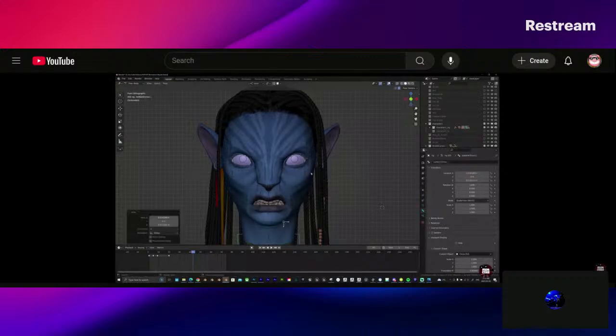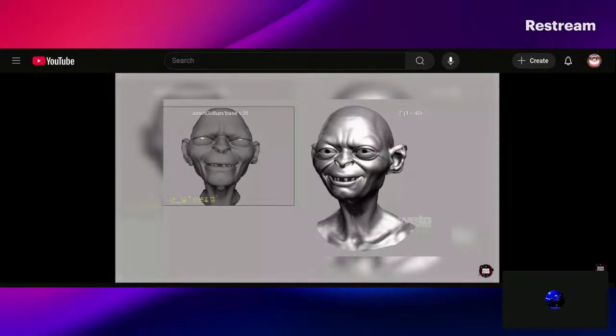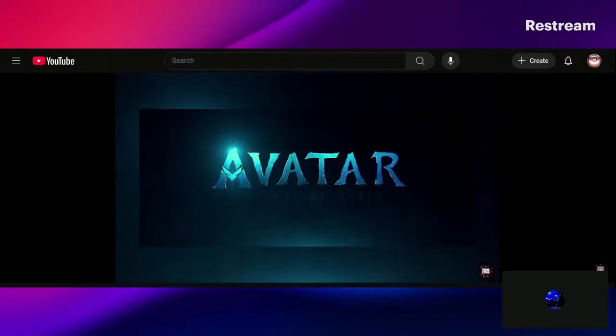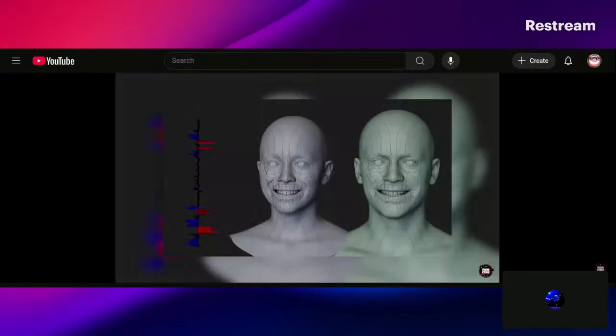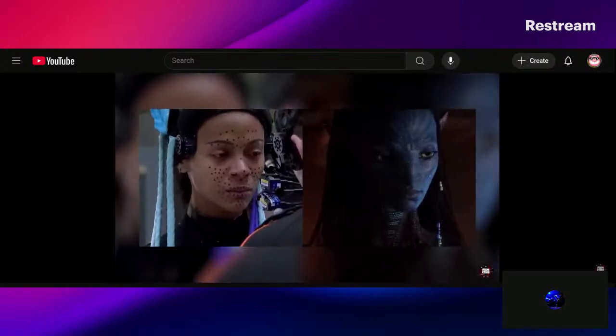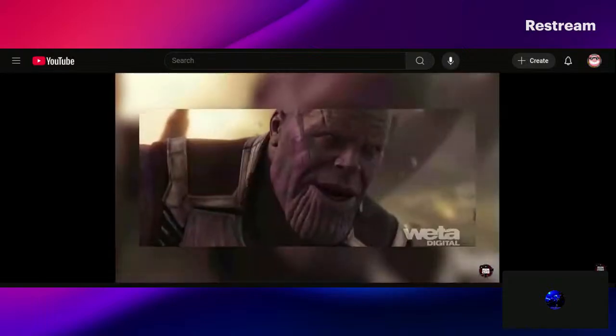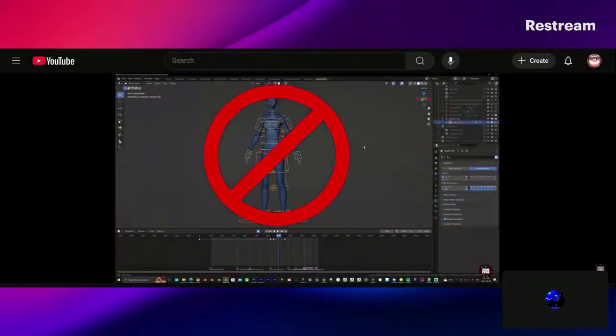It's actually ironic because this is how facial rigging has been done for decades, except for, and you guessed it, Avatar 2, in which Weta Effects developed a new revolutionary way of rigging faces, which works much more like real anatomy and led to much more realistic results than the old way of doing it. But hey, if the old way is good enough for Thanos, then it's good enough for me. But this rigging is still no good if I don't